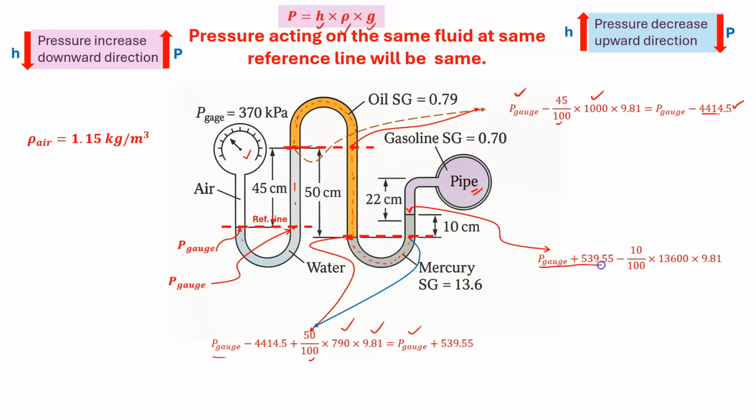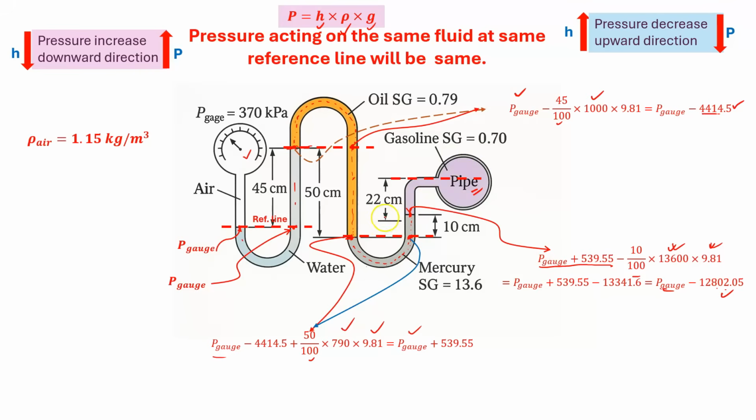This is the pressure here, and then we are moving from here to here, so that will be minus the height, 10 by 100, times the mercury density, times 9.81. If we do the calculation, that will be P gauge minus 12802.05. So now here the pressure is P gauge minus 12802.05. Again from here to here, if I draw the reference line from the middle of the pipe,